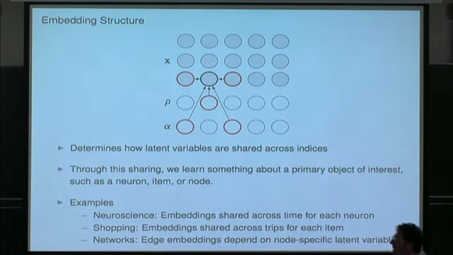Okay, finally, the embedding structure. This determines how latent variables are shared across indices, and this is important. When I buy peanut butter and when you buy peanut butter, we are using the same embedding vector. And this is how we learn things about whatever it is we're trying to learn about, like words or neurons or items or a node in a